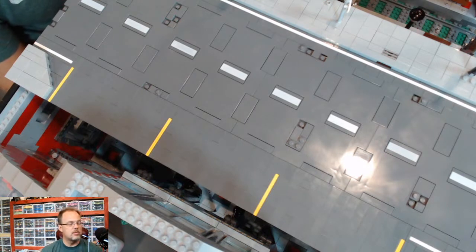Do I have any plans with my highway? I haven't touched it, but I am going to be relocating it. And part of the reason I'm going to be relocating it is I don't think it'll look good at its current angle. And the reason that I say that is with the extension that I'm about to put on the table,